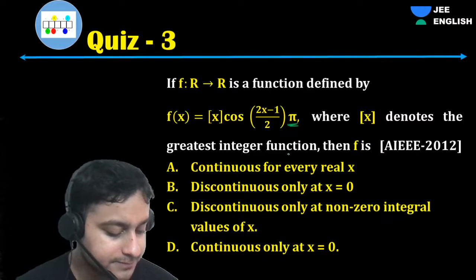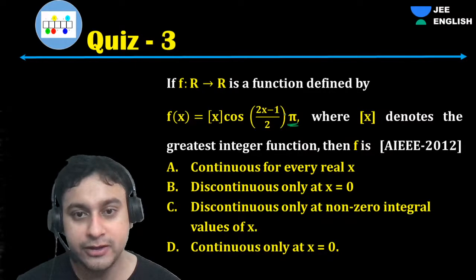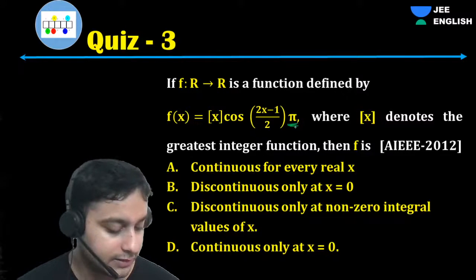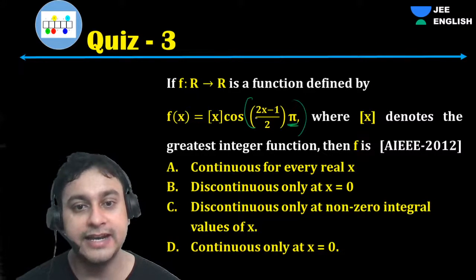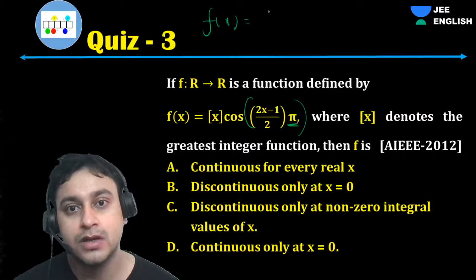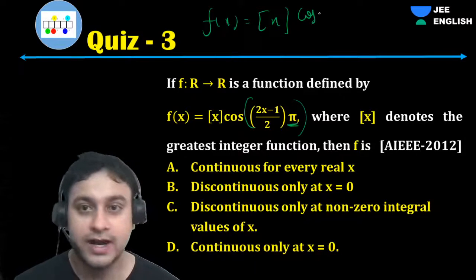Obvious means, because here this is cos of something, right? So what will happen is, you can send this inside. My f of x will become box of x into cos of, can I say cos of,